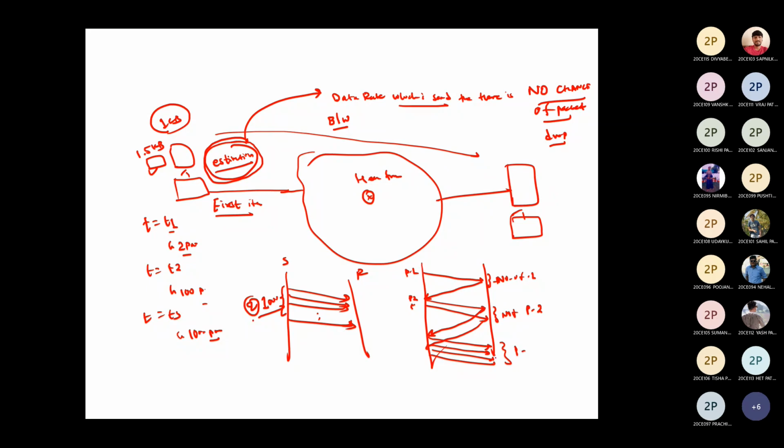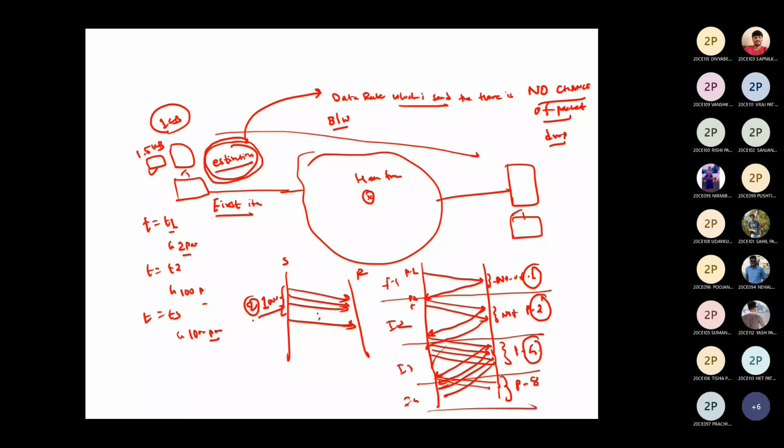4. Now, if you receive 4 acknowledgements, each and every acknowledgement will send 2 packets. So how many packets will we have? 8. So every iteration, this is iteration 1, I1, I2, I3, and I4. So every iteration, the packets get doubled. 1, 2, 4, 8. Is it clear?